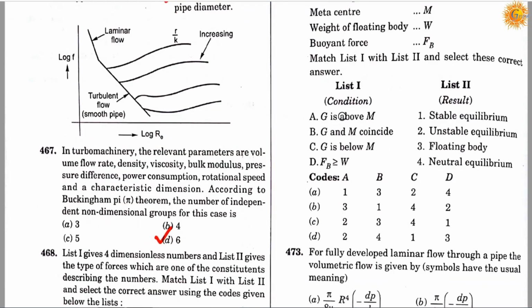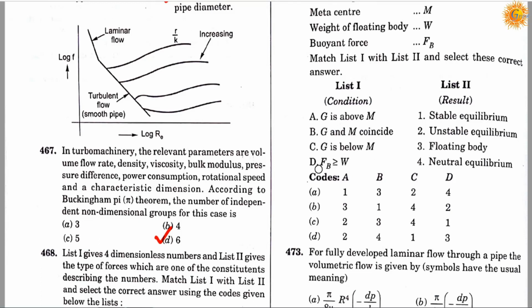In the first list you have the conditions: A, G is above M; option B, G and M coincide; and option C, G is below the M;